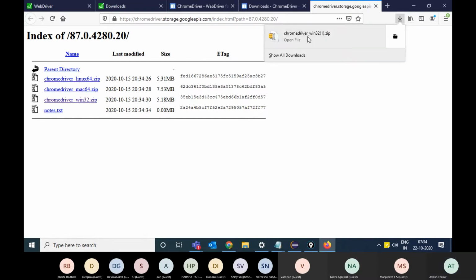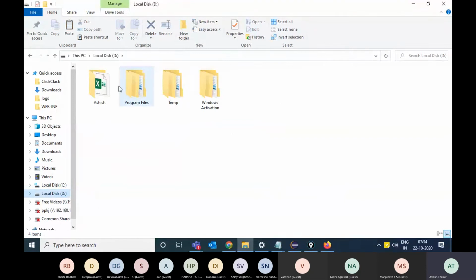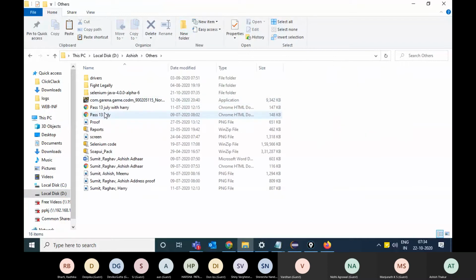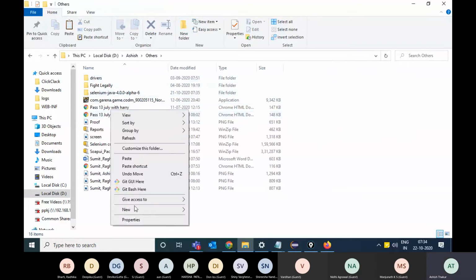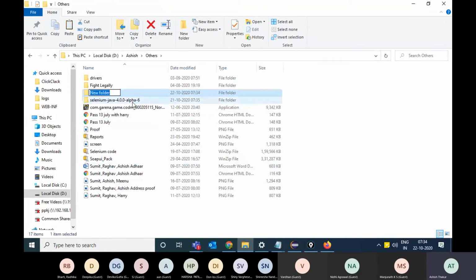I'll make a new folder known as browsers.